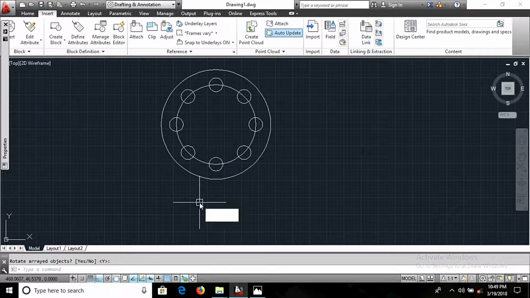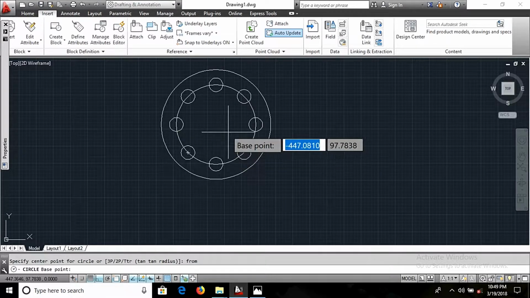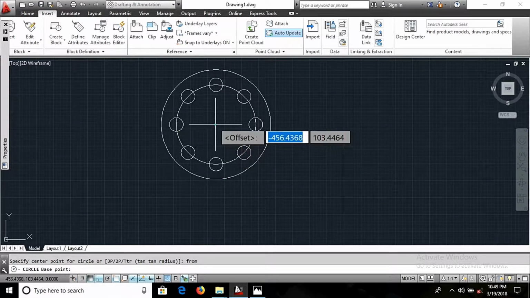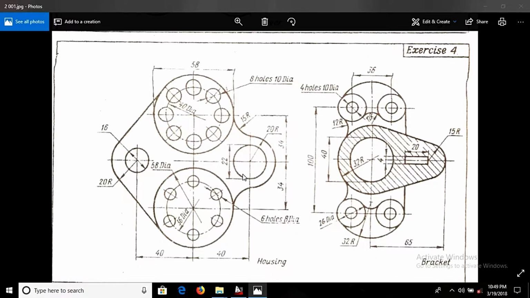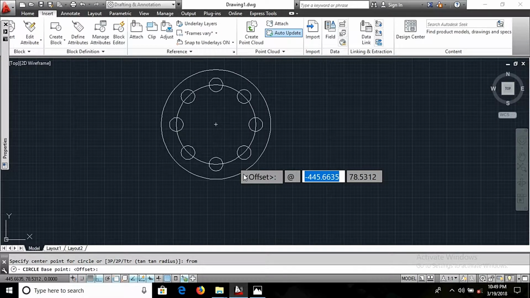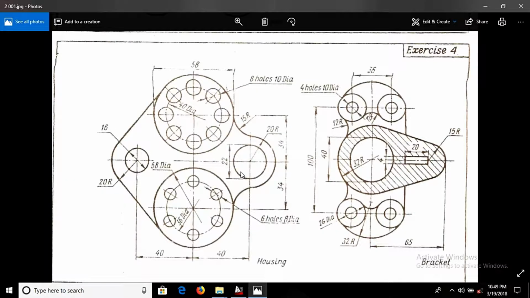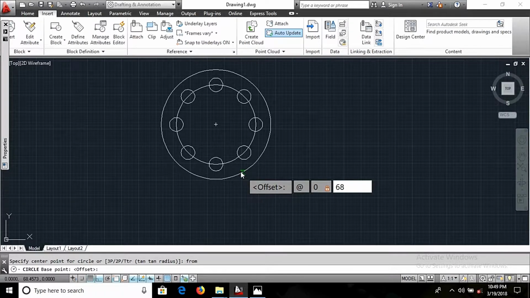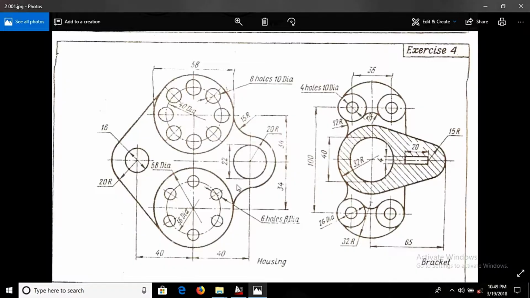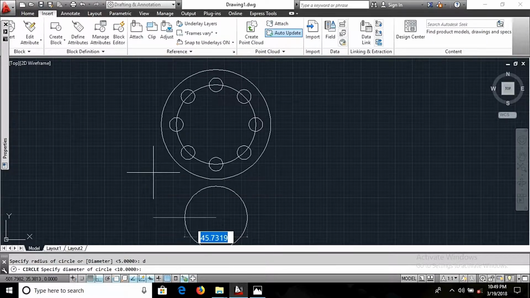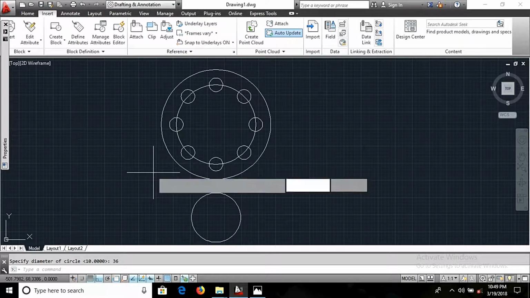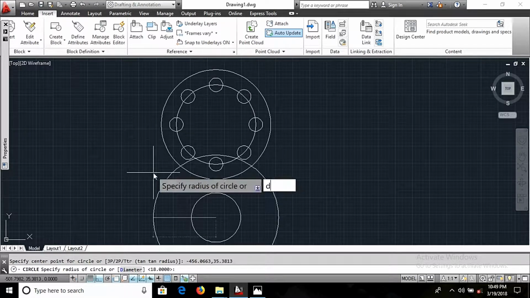So C enter, from enter, base point is here, and at the rate of x value 0, y value is 68. Yes, sorry, minus 68. So here 36 diameter and 58 diameter. D enter 36, C enter and D enter